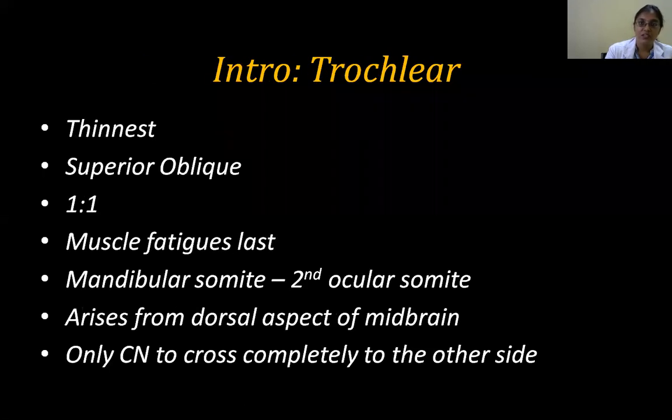Then coming to the next one, that is the trochlear. So this is the thinnest, and it's one muscle, that is superior oblique, and 1:1. And here I wish to tell you one thing. In physiology you must have heard about the motor unit, the ratio of the nerve fibers to the muscle fibers. So here it's almost 1:1, so they act very efficiently. Your intrinsic muscles of the hand have a lesser ratio. And again here, with the extraocular muscles, the best is the trochlear.